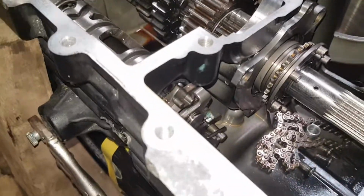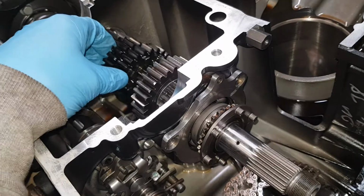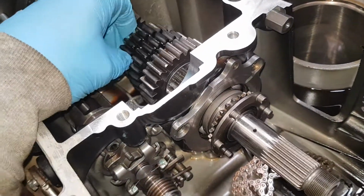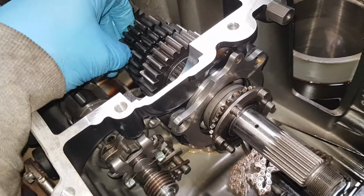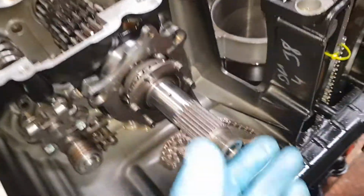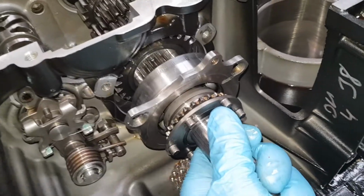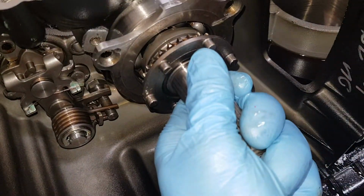Grab that, third and fourth there, and give it a pull, and you're out. She would just slide out now. See? Or another way, if it's a little bit stiff,